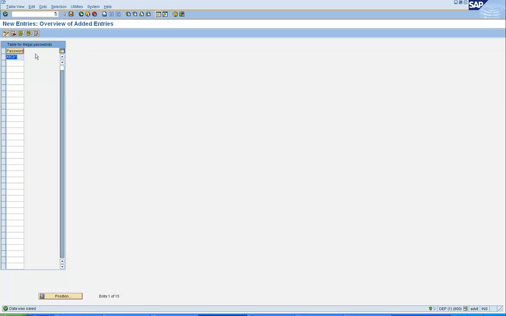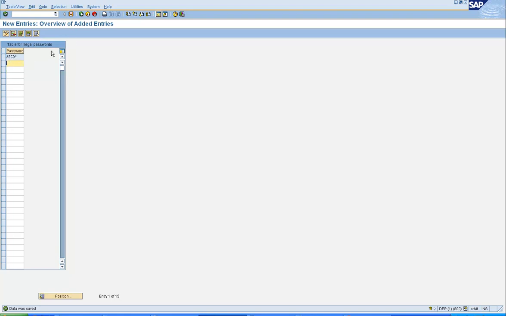What it means is that with illegal or impermissible passwords, a user cannot use any password that begins with the first 4 characters ABCD. So for example, if I want to use ABCD1234, I cannot use that, because this table contains the list of illegal passwords.